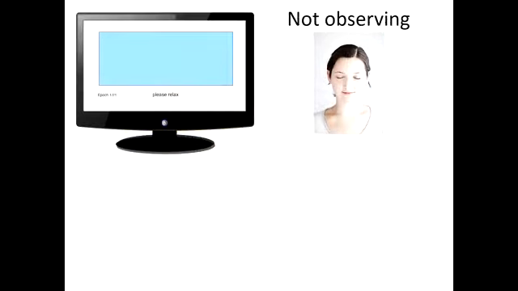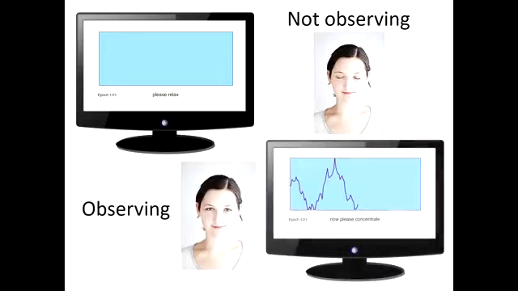When somebody would sign on to our website, this was a public site, by the way, we got people from around the world to do this. In a non-observing condition, what you would see is this blue rectangle on the browser screen simply saying, please relax. And you'd hear no sound. And then it would switch. You'd hear a voice saying, now please concentrate. And then you would start seeing this line move along the screen. The instructions were to make the line go up. And you would hear a kind of whistling sound that was a tone, and the tone would go up and down as the line went up and down. We did that so, again, you could do this experiment with your eyes closed.